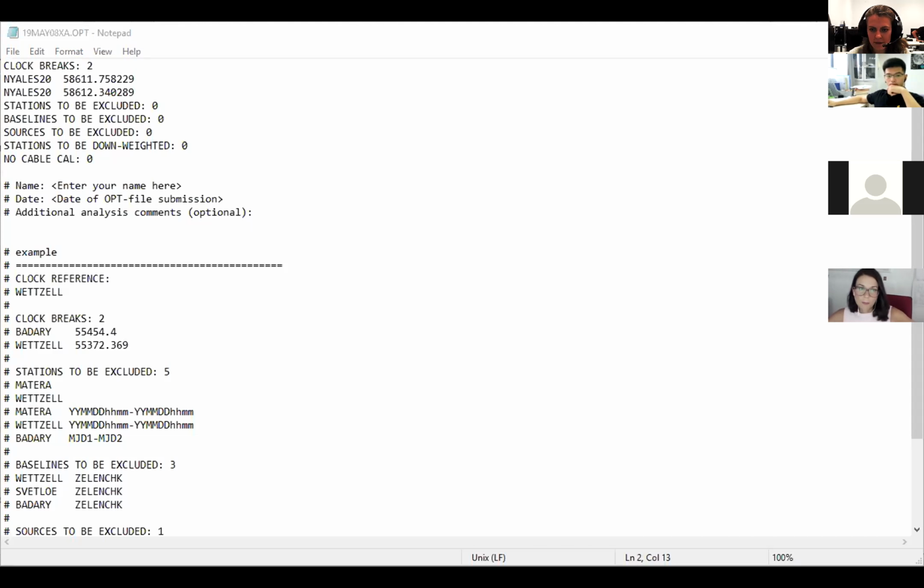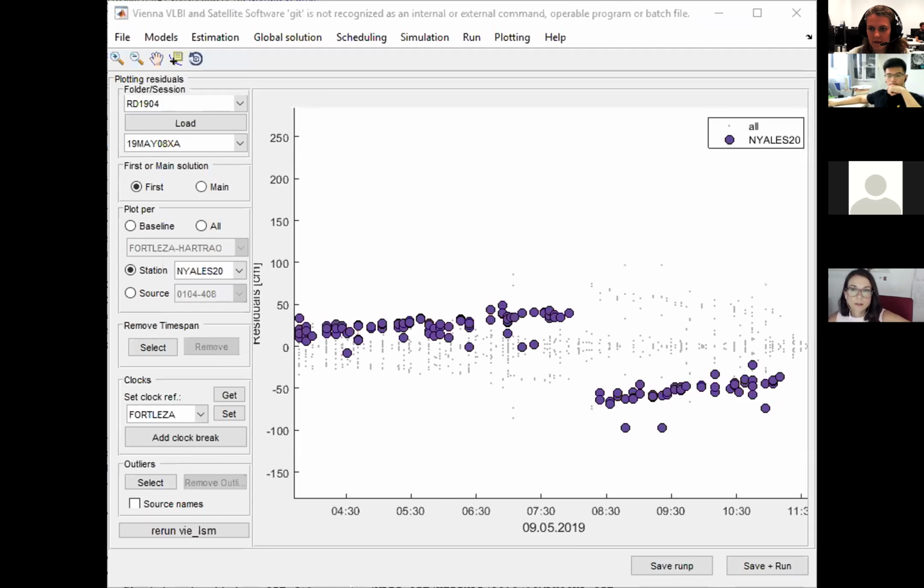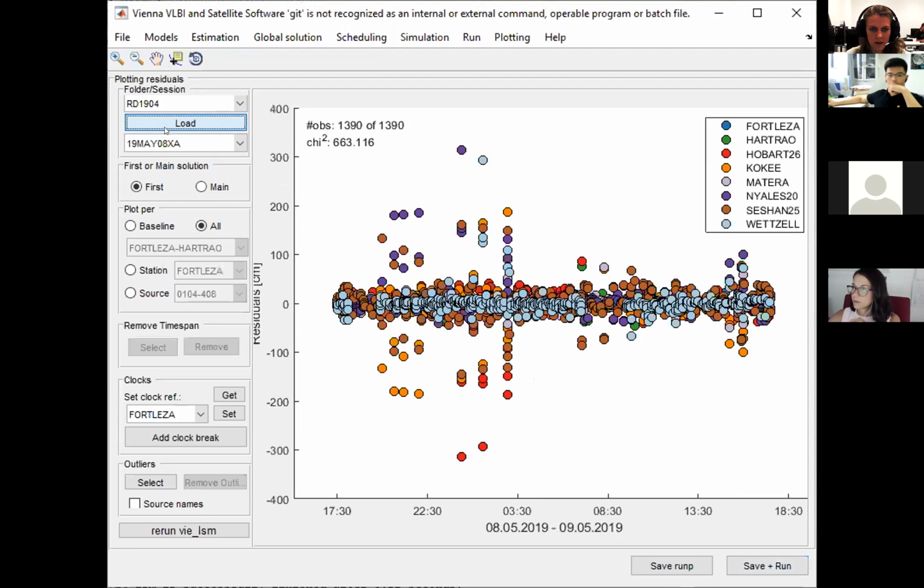I will go back to VieVS. And now we set the clock breaks. So when we now press the save and run button again, VieVS is doing the least squares adjustment again. And now it considers the 2 clock breaks. And now the 2 jumps should be gone. Okay, we have to reload it. So when you press here on the load button and choose the right session,